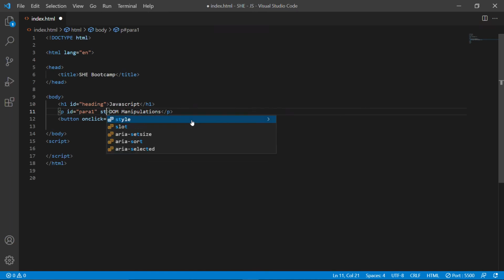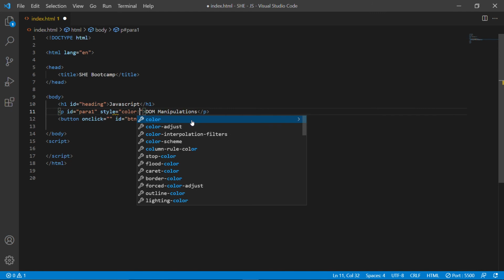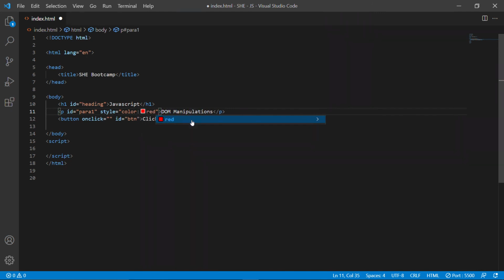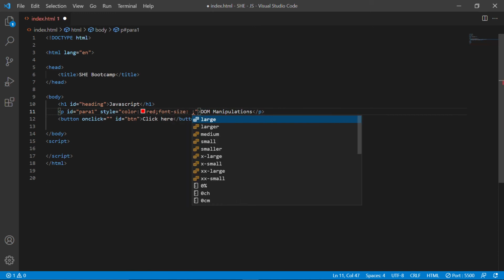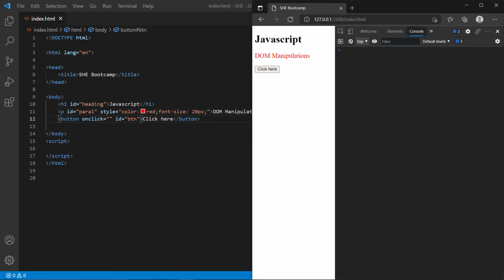Let us give styling to this paragraph tag. Let color equal to red, font size equal to say 20 pixel. Suppose we want to change the color and font size on clicking the button. How will we do it?